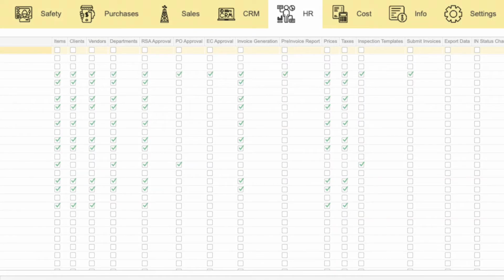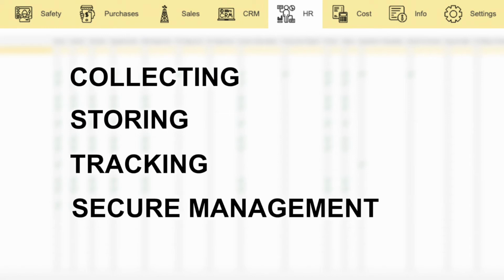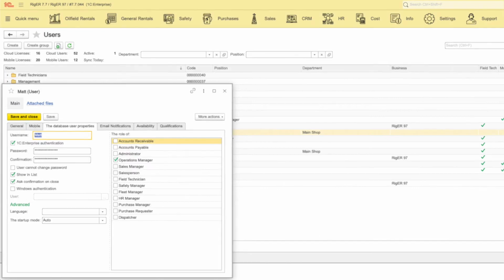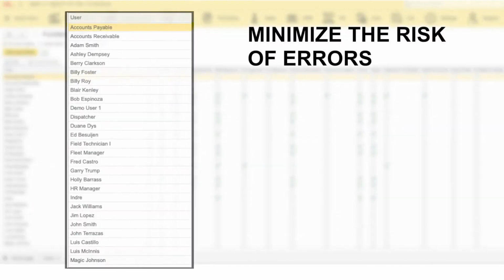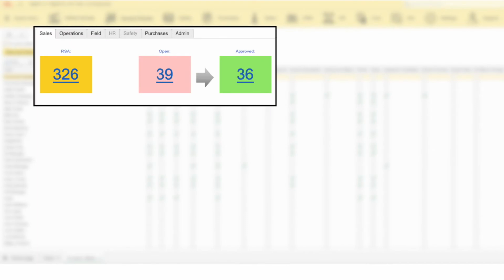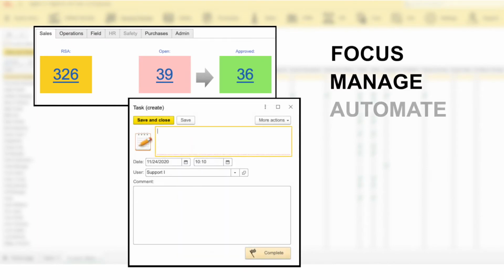The Rigor HR module stores and keeps track of sensitive data automatically in a single and secure electronic database. Built-in roles and permissions enable access for authorized users to enter and edit information, minimizing the risk of errors and duplications. The system allows to automate tasks and set reminders, helping to manage day-to-day administration activities, focusing on what's really